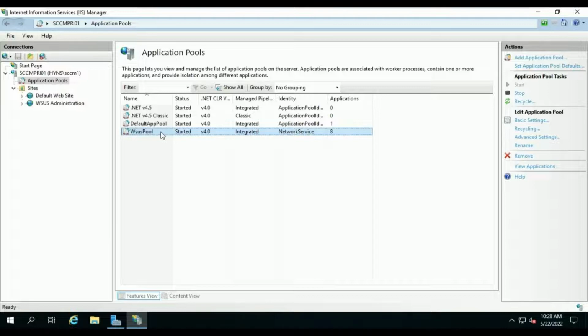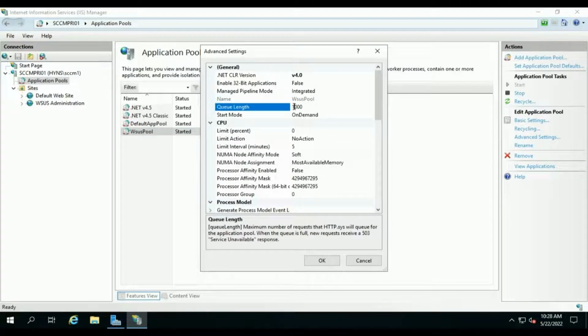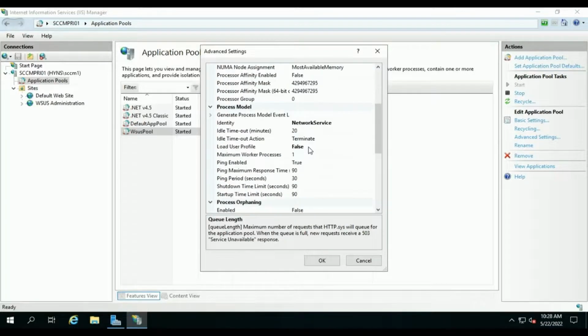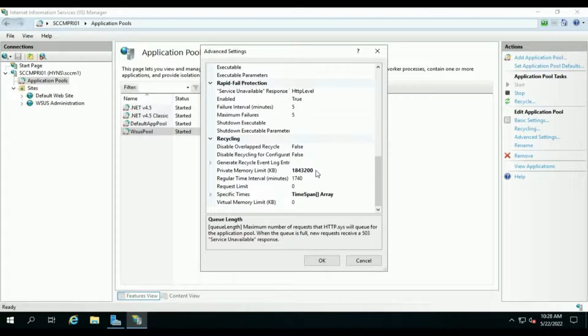It is recommended by Microsoft to increase the queue length to 2000 and the private memory limit to 4 times the default value to overcome scan storms. Although a single WSUS can support over 100k clients at a time, it is recommended to configure 4 servers sharing the same database. In our lab, we will keep the private memory at 2 times, approximately 3 GB, so our WSUS pool cache has enough memory to respond to client requests.